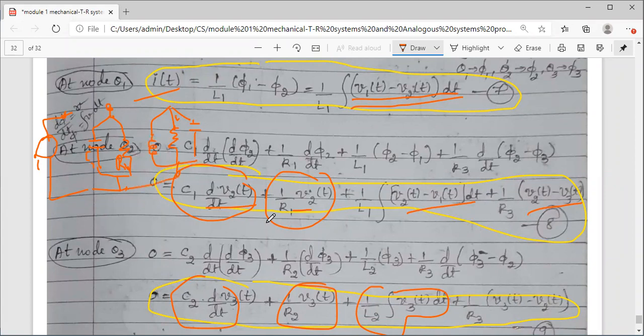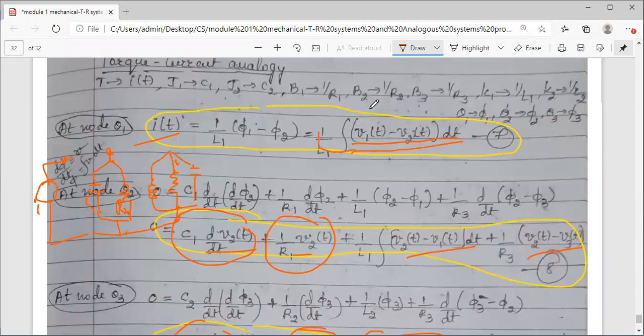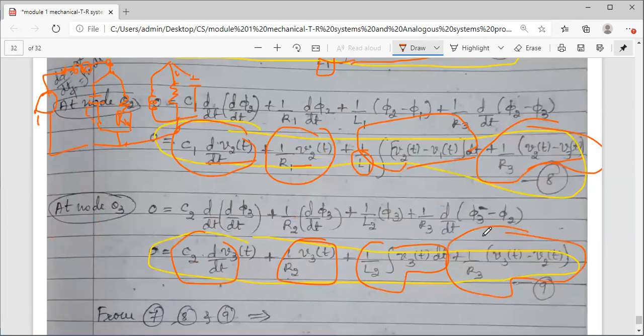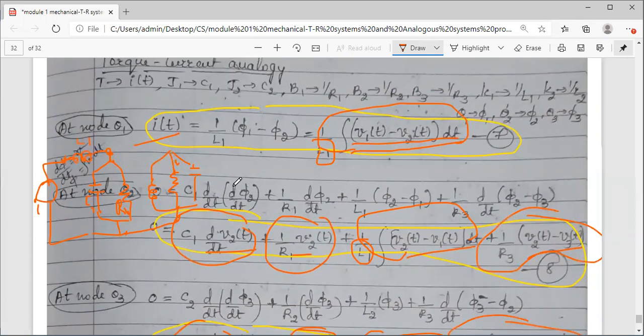Okay, ये हो गया. Now coming to the common, the shared elements. This is 1 minus 2 or 2 minus 1. Indicates this L1 term, the element, it is shared between V1 and V2. So first 2 nodes के बीच में यहाँ पे एक inductor shared है. This is L1. And between 2 and 3, see, I have R3, 2 terms are there. So R3 is shared in between second and third node. This is your R3. So this is how the structure looks.